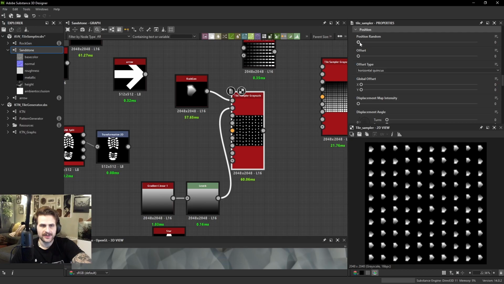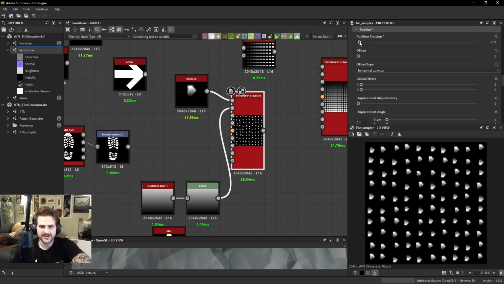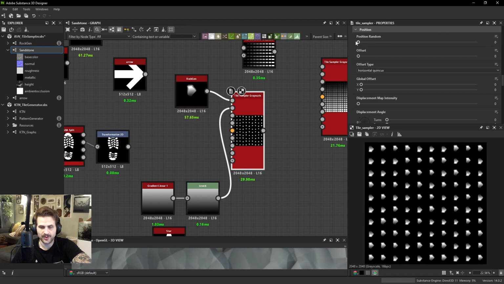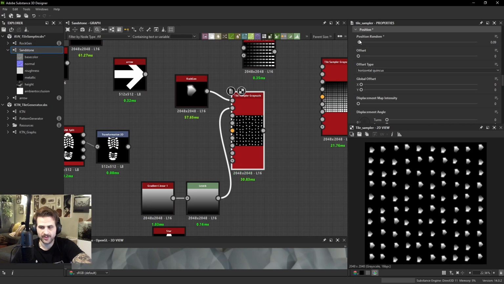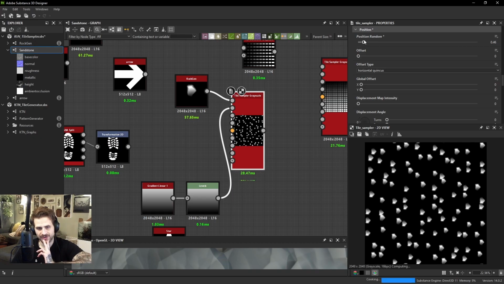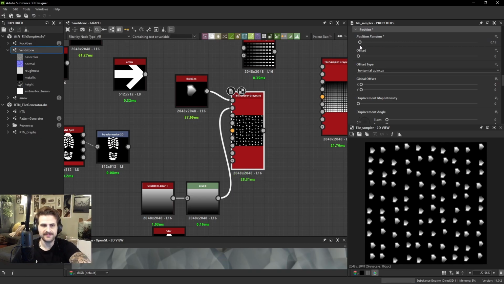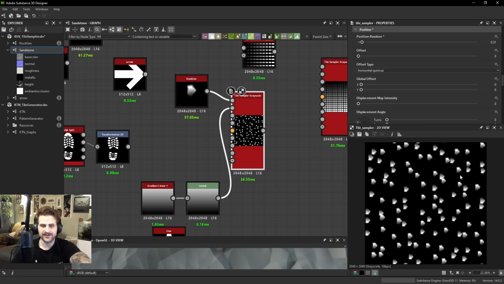So position, there's a position random here. This puts a random position adjustment, so some kind of random offset, both horizontally and vertically, importantly, for the patterns. So here's our first, you're going to use this all the time to scatter stuff around in a more natural feeling way. Here is kind of the first